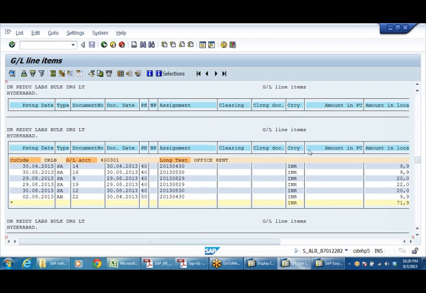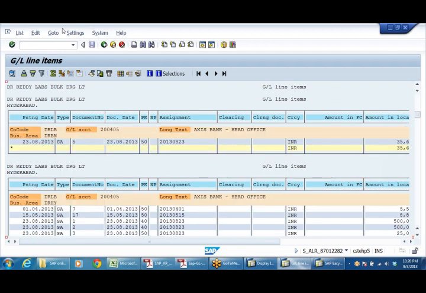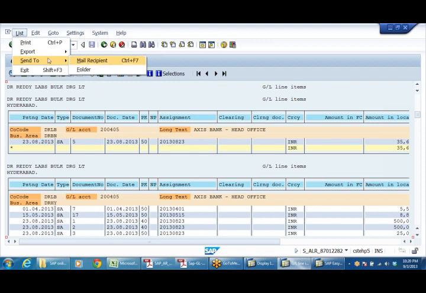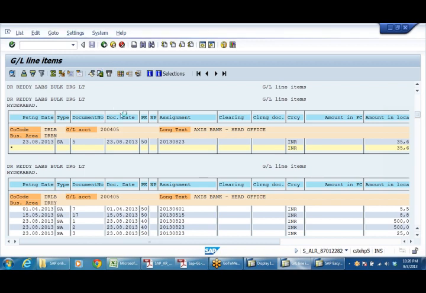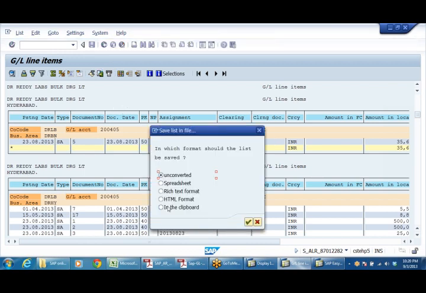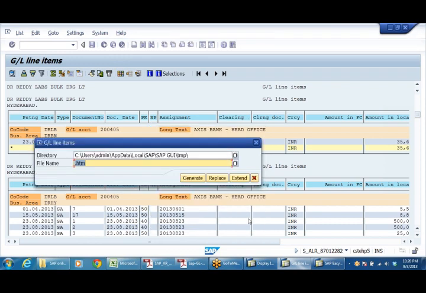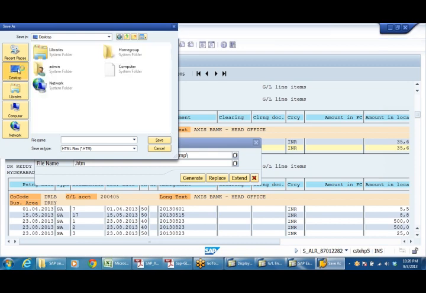See, office rent. And if you want to download it into the system, you can do that. Send it to export, local file. Don't take it to a spreadsheet, it will not give you the correct alignment. You have to realign again if you download it to a spreadsheet. Instead, if you take HTML format, that will be the best. Take it onto the desktop.